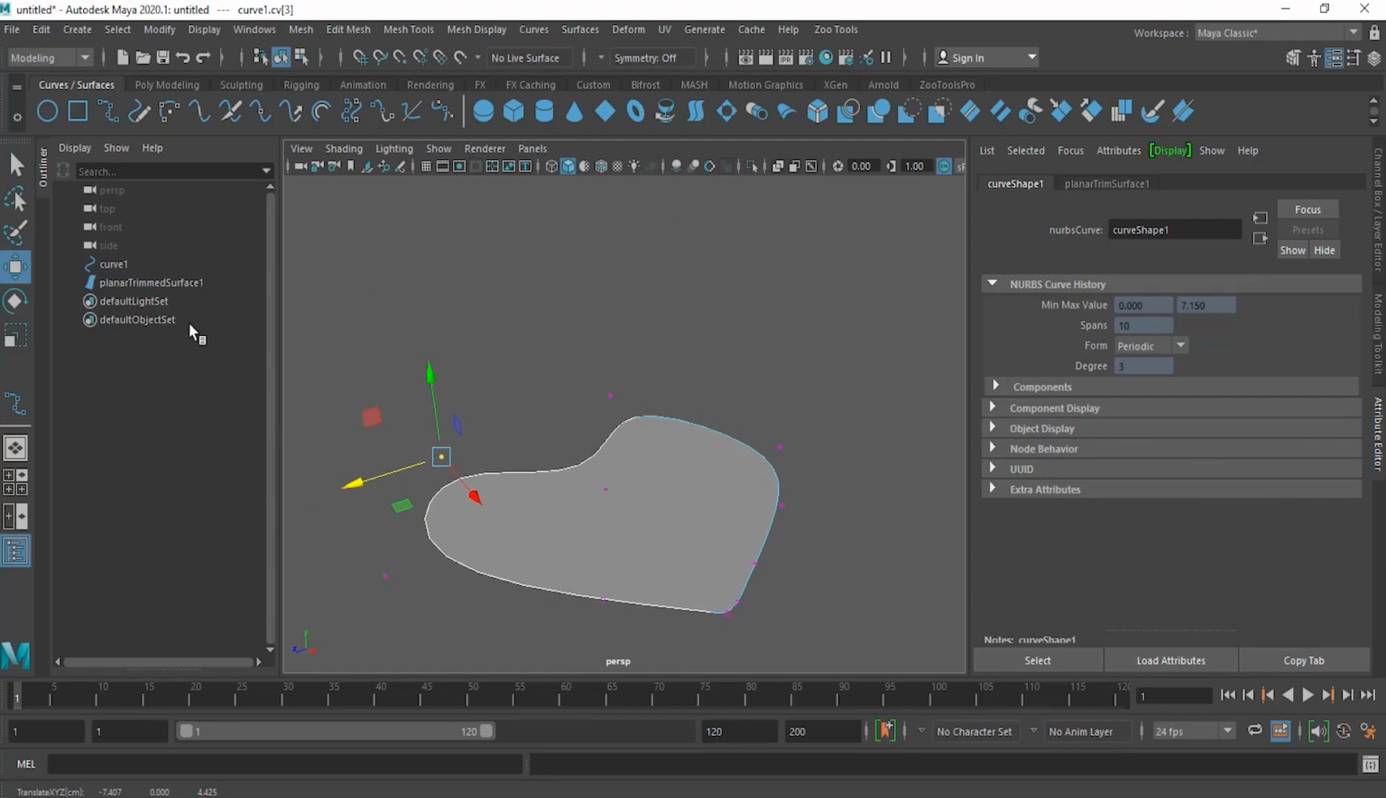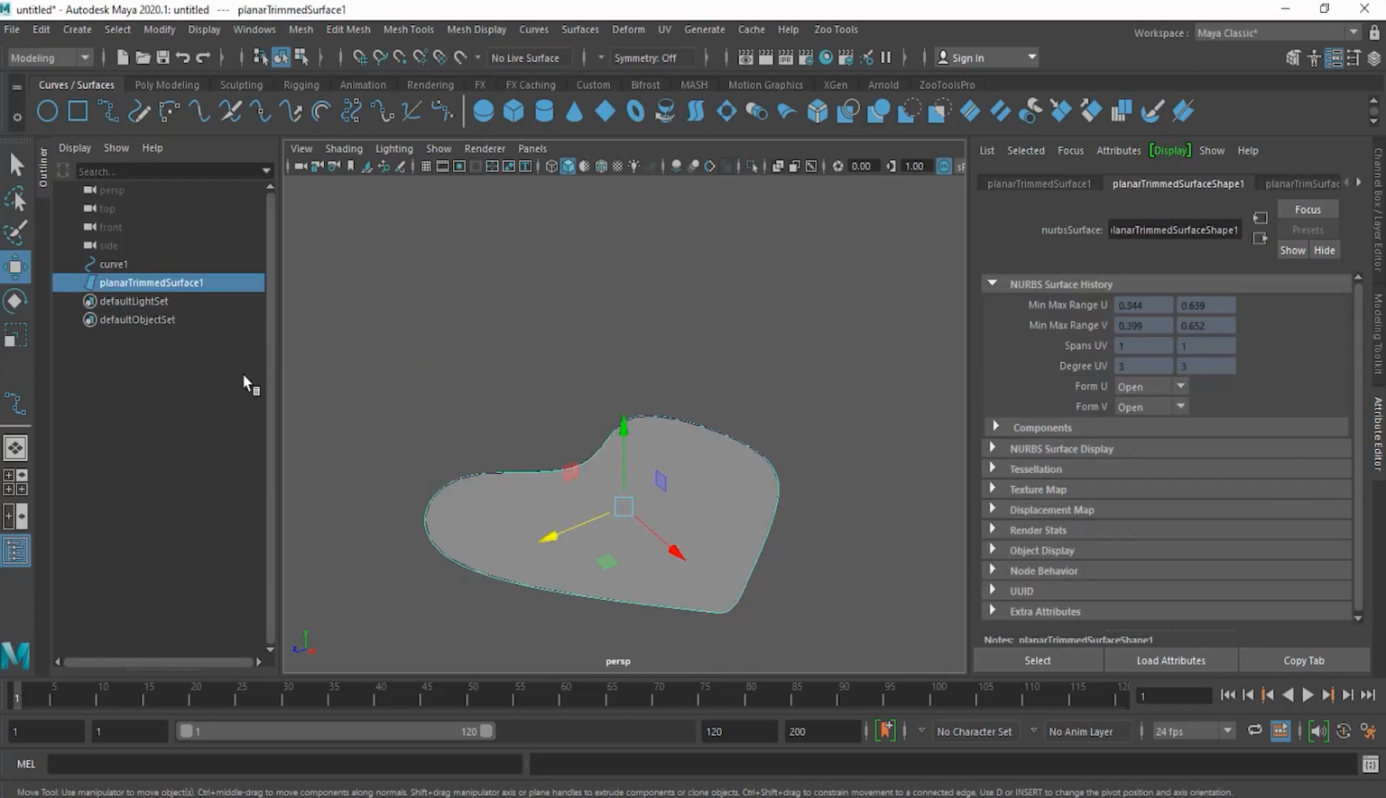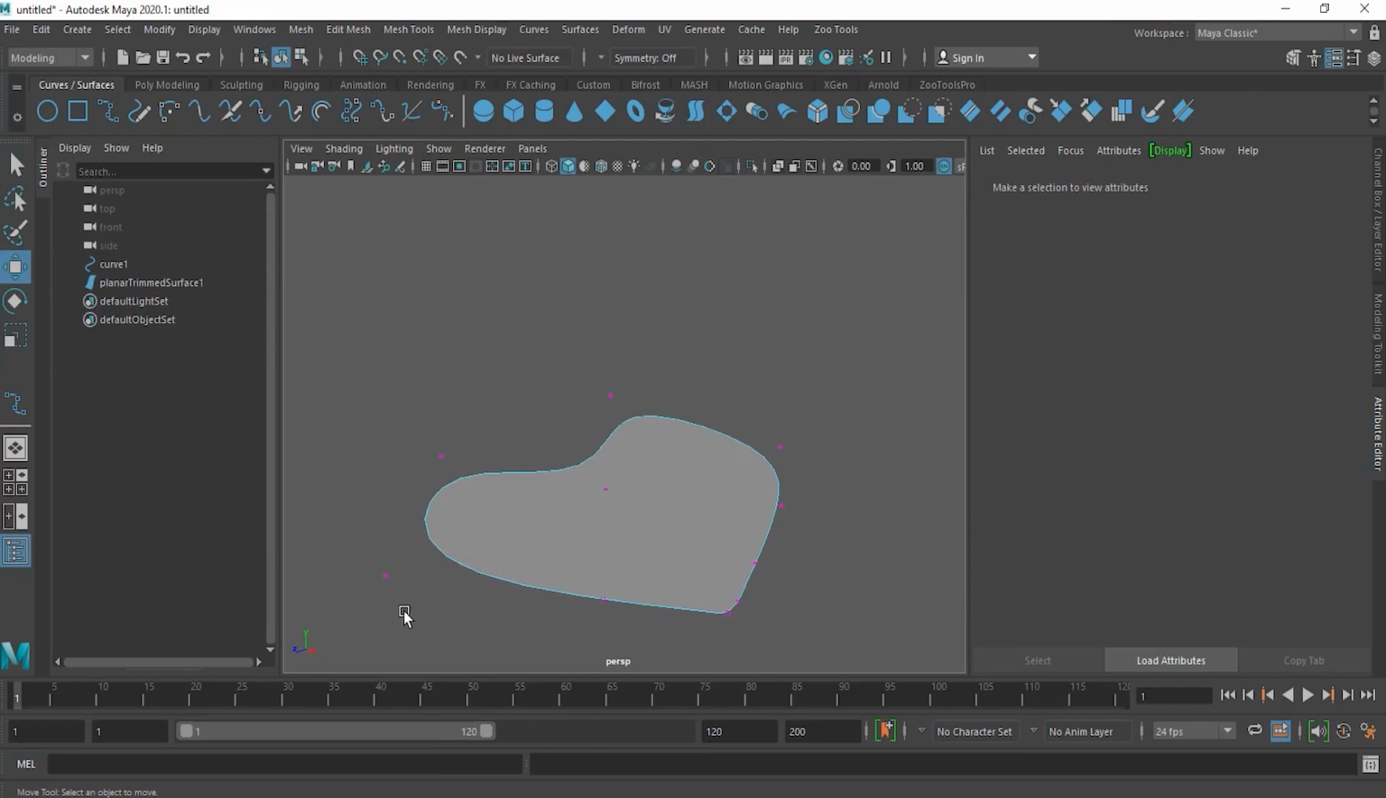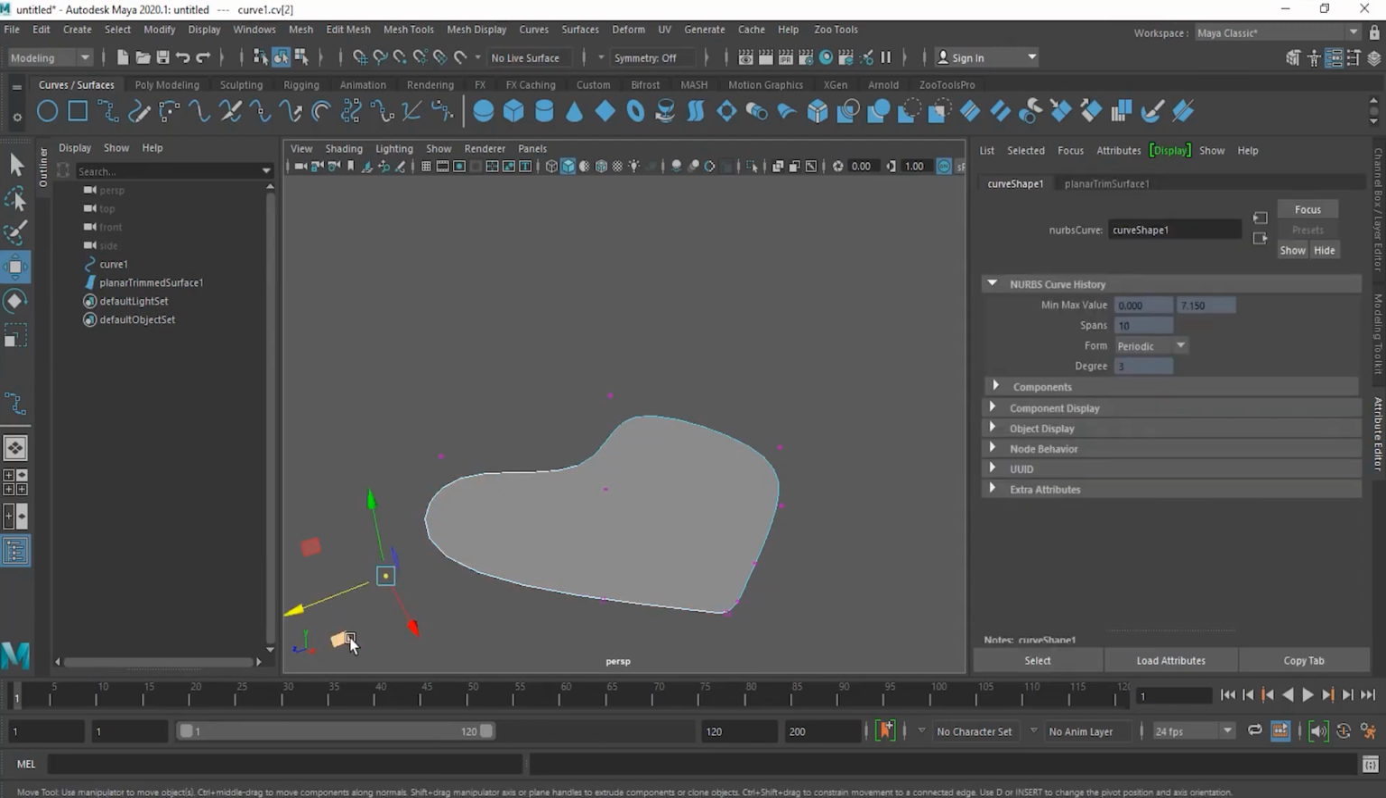I'm not changing the shape of the planar trim surface. I'm not changing the shape of the newly made planar surface. I'm changing the shape of the curve. So you can see how it is being changed. Okay. Now one more very important thing is that if I'm moving it on the surface just like this,